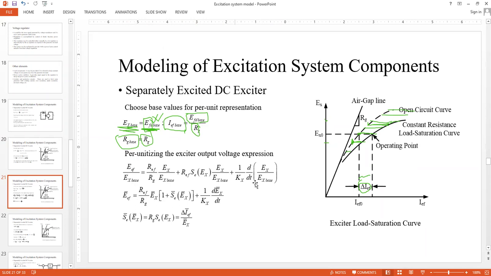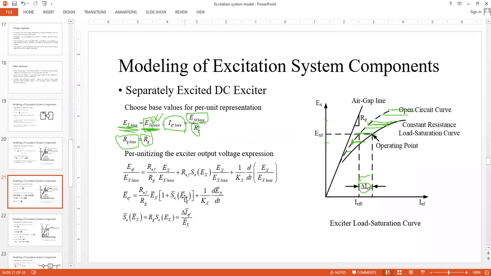So after per unitization conversion, we get EEF per unit equals REF over RG multiplied by EX per unit, whole bracket 1 plus, this is the saturation function. The overall saturation function SE is now in per unit, plus 1 upon KX, and this EX over EX base gives you EX per unit, time derivative of that,